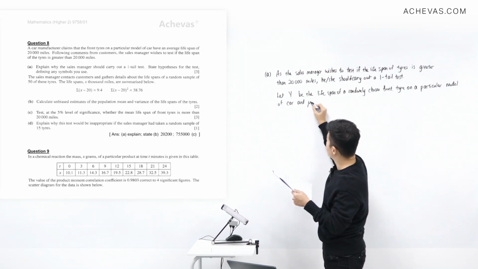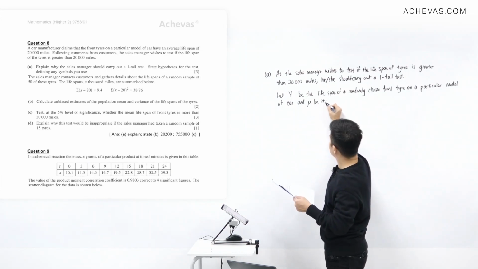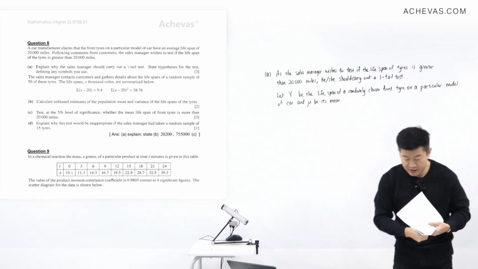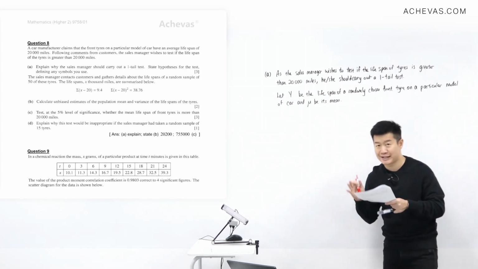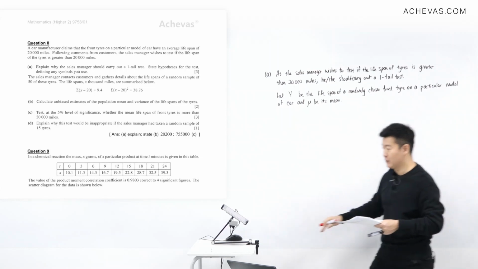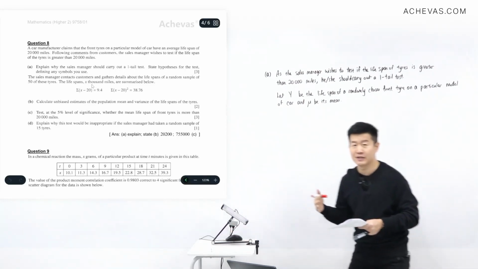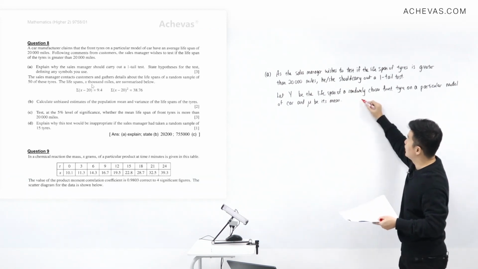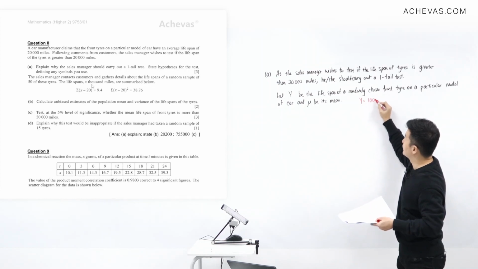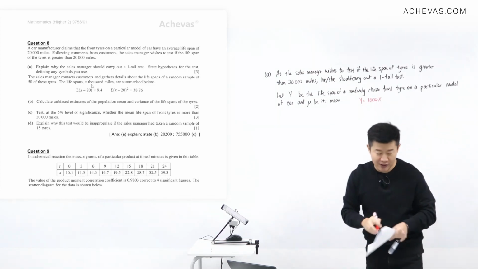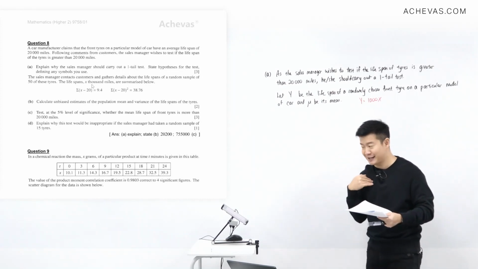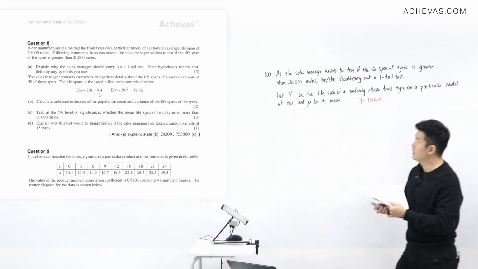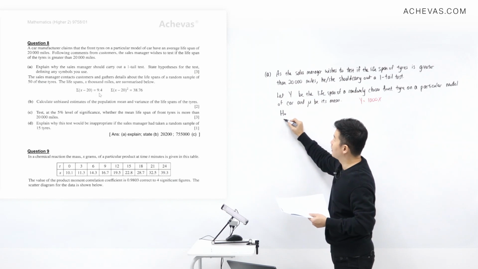And I'm going to let mu be its mean. The reason why I have chosen to use Y is because the question actually has used X, but it is using X in a different meaning. If you were to look at the question, X here represents 1,000 miles. Which means that if Y represents the actual lifespan, Y is going to be equal to 1,000 X. That is why I'm avoiding X, because I don't want to confuse my X with the X that the question wants. So I'll rather have Y represent the random variable,